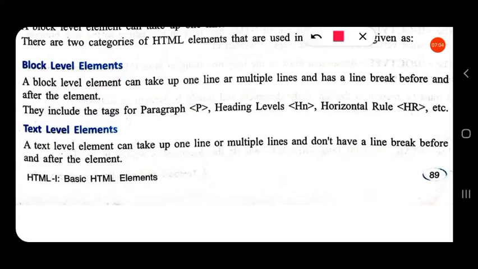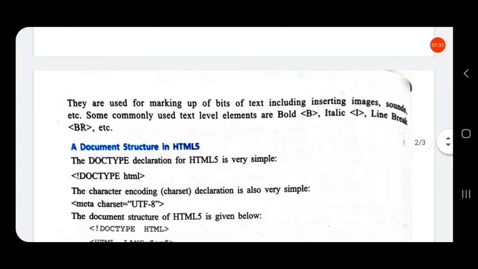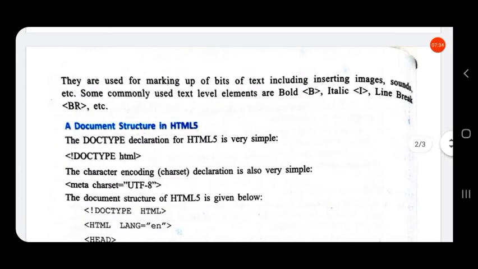So both block level and text level elements take up multiple lines or a single line, and block level elements have a line break before and after the element, and text level elements do not. And they are used for making up bits of text, including inserting images, sounds, etc.